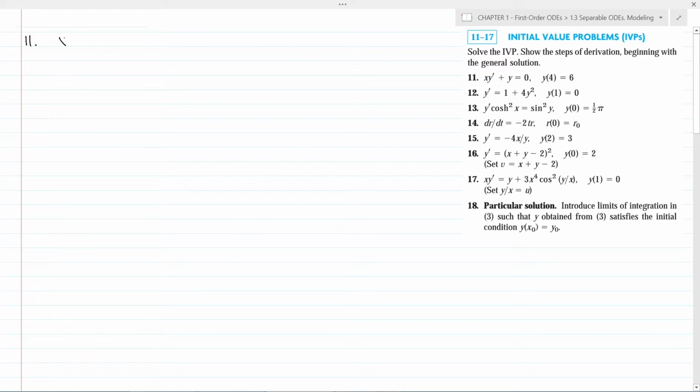In questions 11 to 17, the question is asking us to solve initial value problems. Question 11: the differential equation given is xy' + y = 0 and the initial value condition is y(4) = 6. This implies xy' = -y,